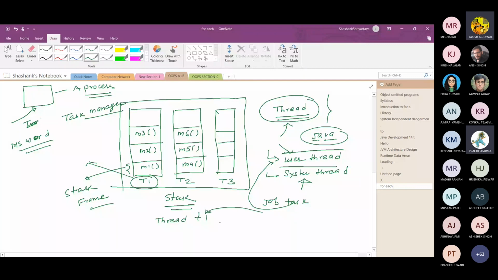We will see this in detail when we discuss the multi-threading chapter. Everything cannot be completed in one class, so when we study multi-threading we will discuss it at that time. This is just the overview. Thread is a separate chapter. In that chapter, we will see how to create a thread in Java and what the need for creating a thread is.